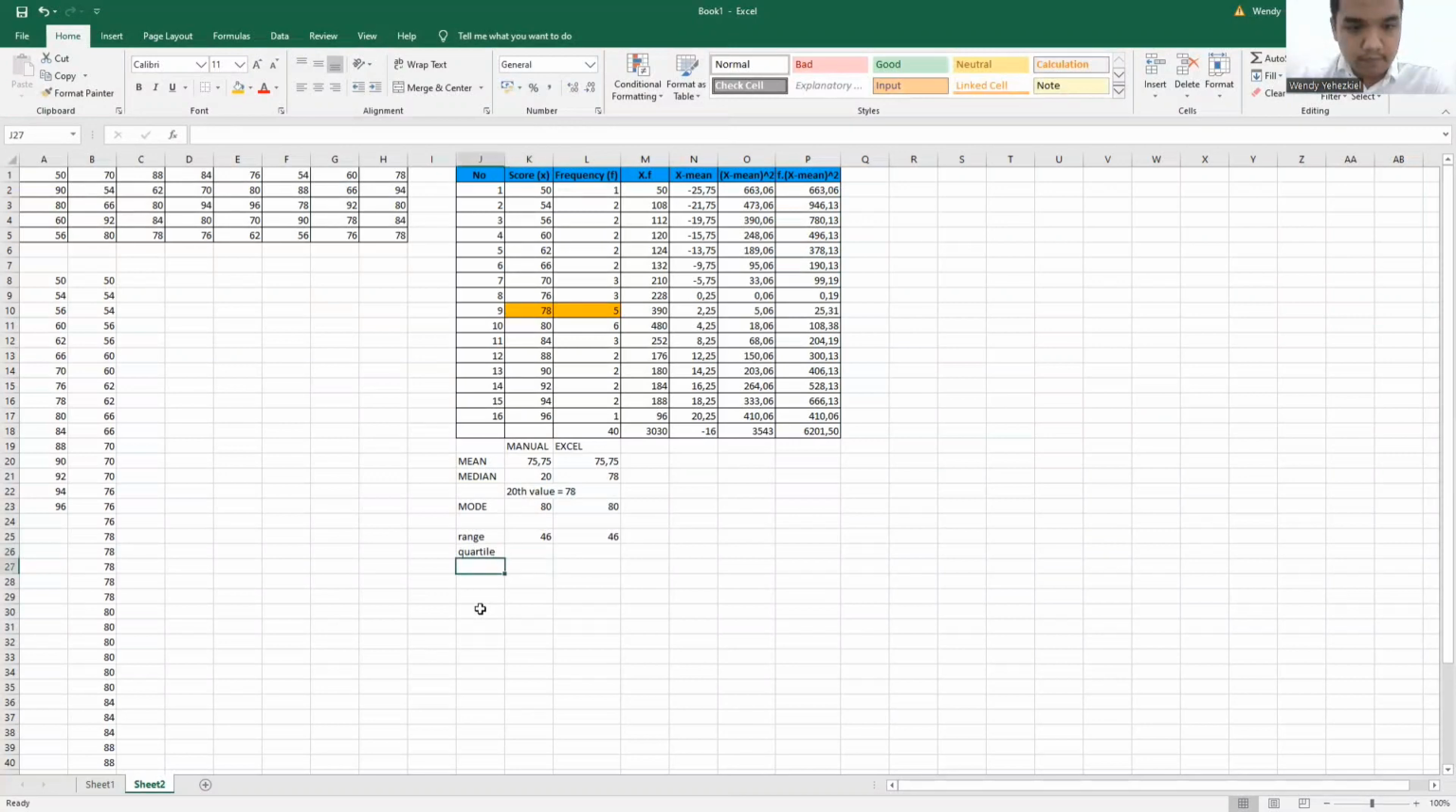So there are quartile 1, quartile 2, and quartile 3. So how can we find the quartile 1 using the manual way? It's just simple, just like this. 1/4 dikali the sum of frequency plus 1. It's like this,